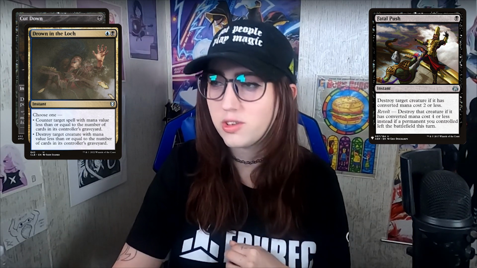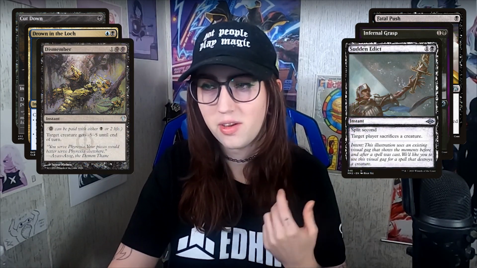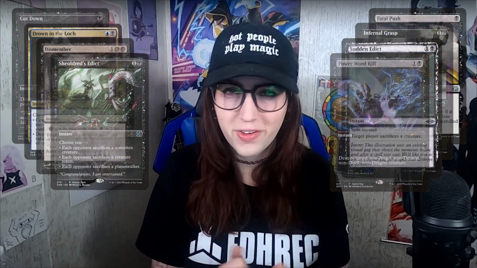We are also on a pretty heavy removal suite with Cut Down, Fatal Push. We are running Drown in the Lock, which is also a counter spell. Infernal Grasp. We are running Dismember, Sudden Edict, Sheoldred's Edict, Power Word Kill. And yeah, that's just where we want to be able to remove creatures from our opponent's board. That is a very black thing to do, and we are in Dimir, so we're going to take advantage of